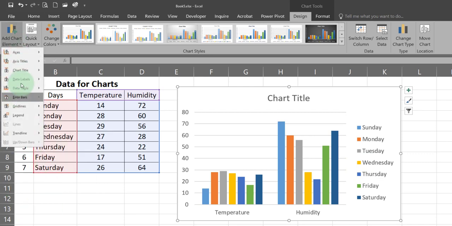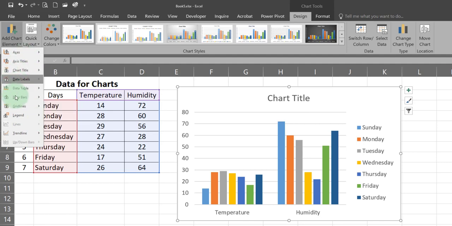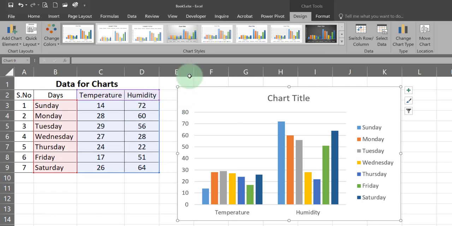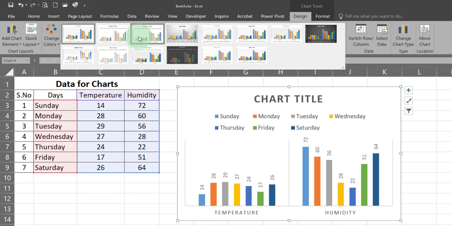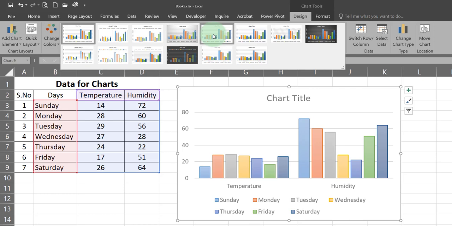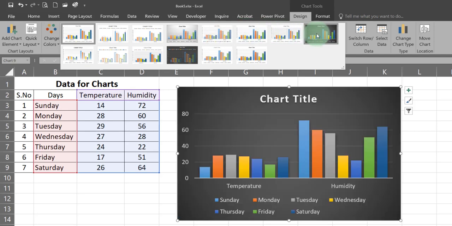So this is how you can change some of the properties of your chart from here. Okay, then we have a lot of options here. So you can choose from all these styles, whichever one looks good to you.